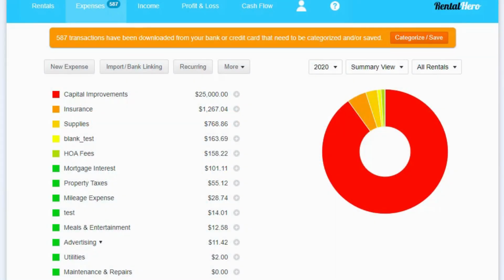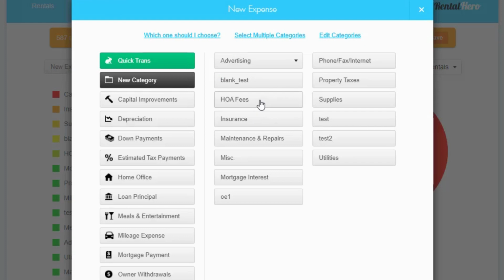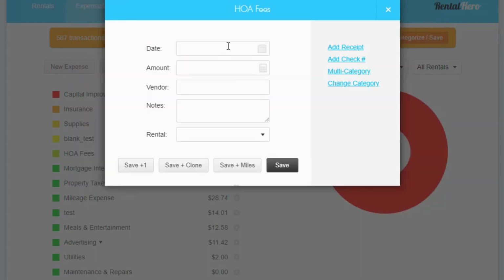In this video, I'm going to show you how you can add a receipt to a transaction. So there's a bunch of different ways to do it depending on where you're at and how you're entering in the transaction. So the most basic way is if you're entering in a brand new expense and you're just manually keying in the expense, then when you go to key it in, if you pick whatever your category is first, and you normally enter in the date, the amount, vendor, so on and so forth,